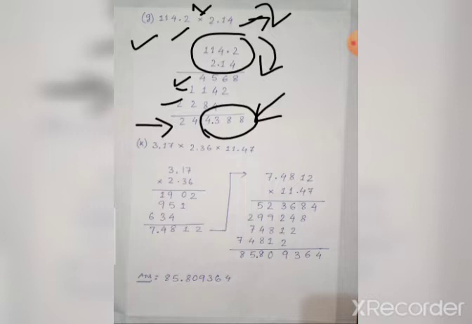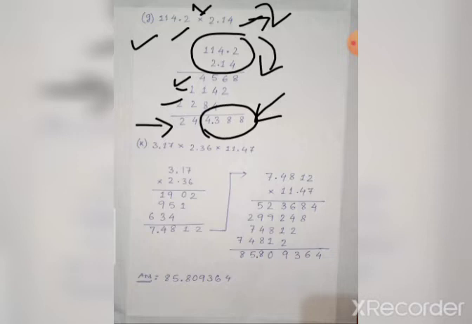Just multiply the numbers thinking of them as whole numbers. By following the rules of multiplication you have already used in previous classes, you apply the same rules here. There are no other rules for decimal multiplication. The similar rules will be applied, and after we get the answer, then we put the decimal. For putting the decimal, you count the total number of decimal places in the given question. I hope all of you understood.